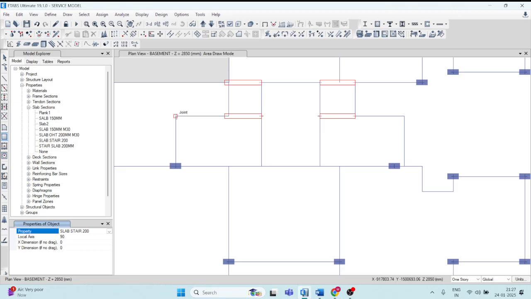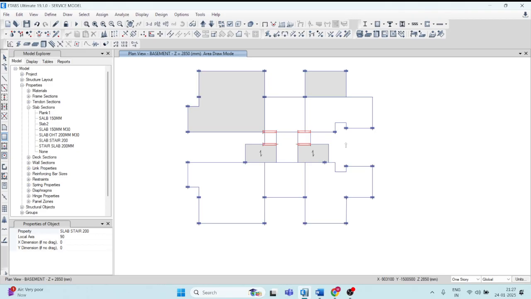See, if at the edge it shows red like this, it is okay. Just click here and just drag. So you have provided the staircase slab. See, it is showing one-way distribution, and this is also a stair. Just click here and okay, it's also showing one-way distribution.